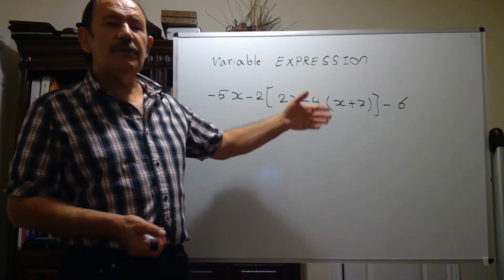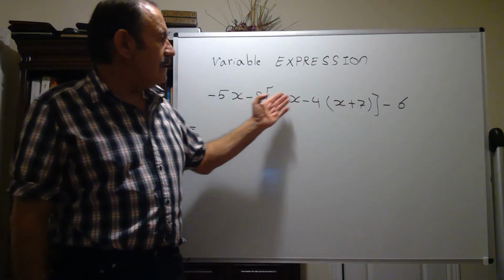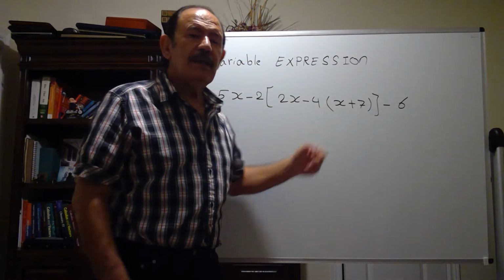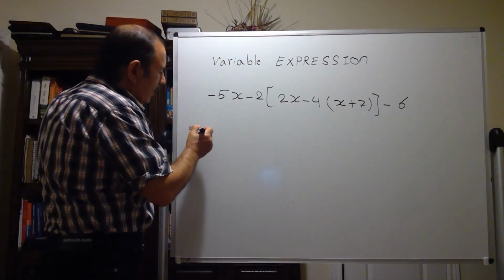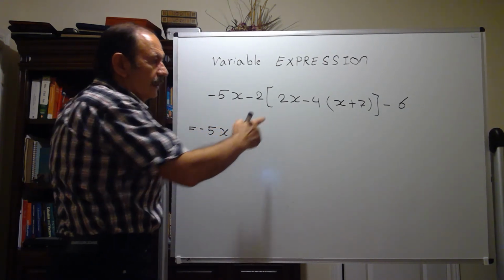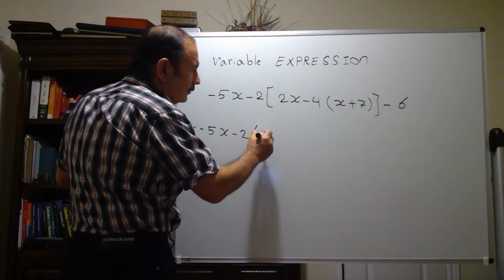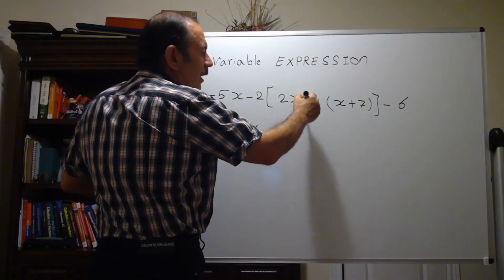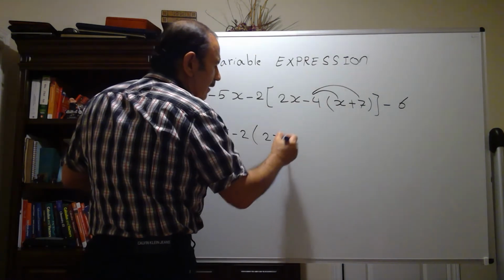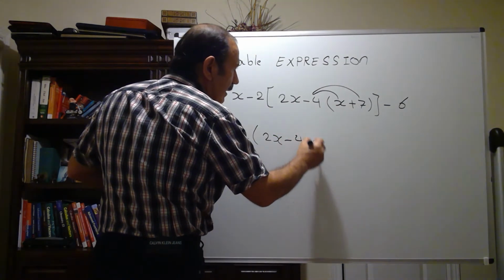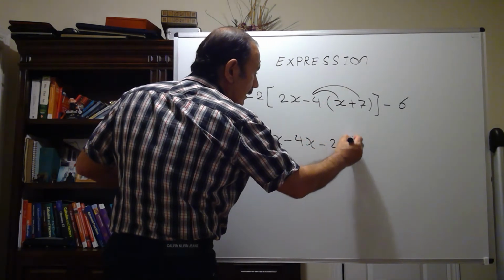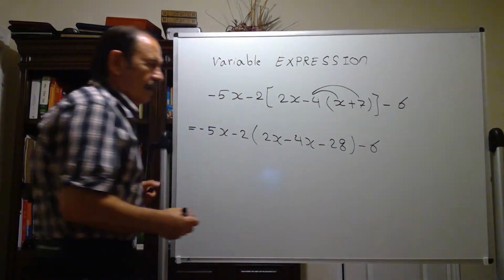So the priority goes to the outer bracket, which is this square bracket. It means I have to simplify inside the bracket first. It's going to be minus 5x minus 2. Then I'm simplifying this one, 2x. I should multiply this negative 4 by inside this bracket. Minus 4 times x is minus 4x. Minus 4 times plus 7 is going to be minus 28. Minus 6. Okay. Now,